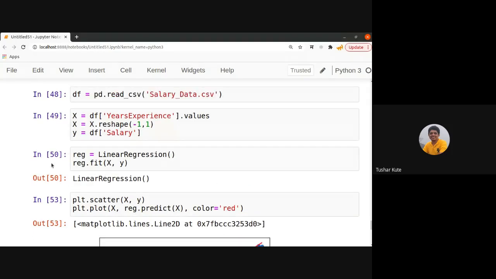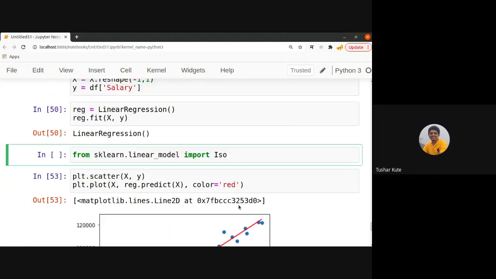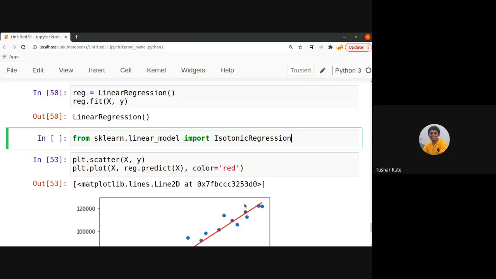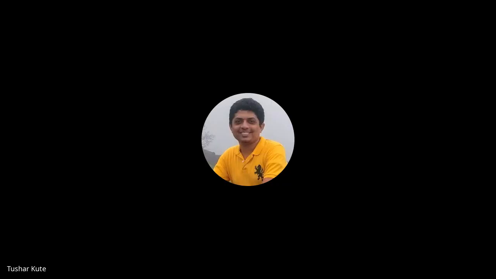To use isotonic regression, I'll use a class from the isotonic package.